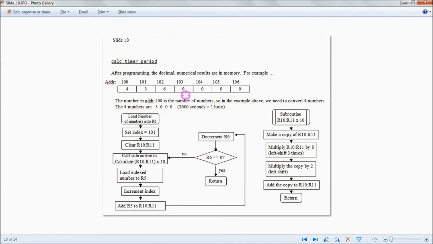And we run around this loop. We load a 0 in. We multiply it by 10. We load another 0 in, multiply it by 10, and we wind up with 3,600 in this register pair. And by that time, R6 is a 0. So we say, is it a 0? Say yes, and we return. So that's the end of the